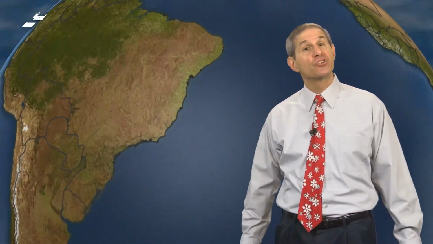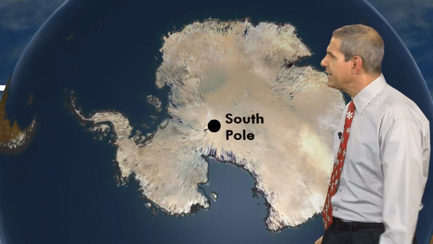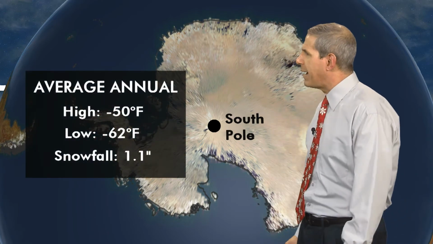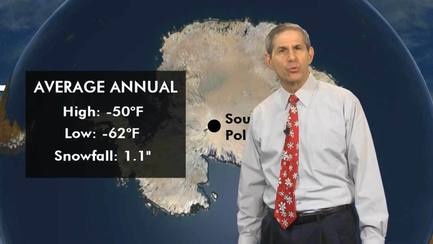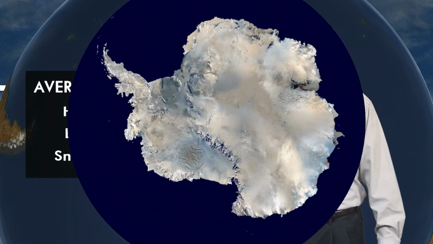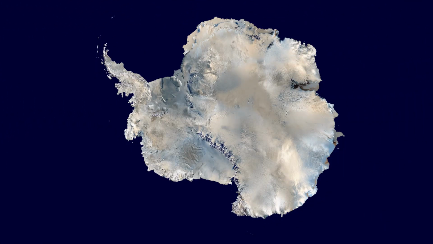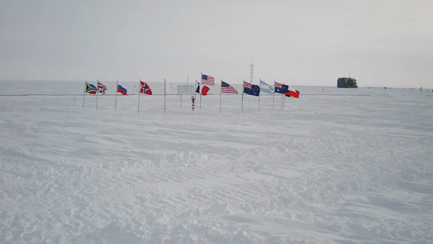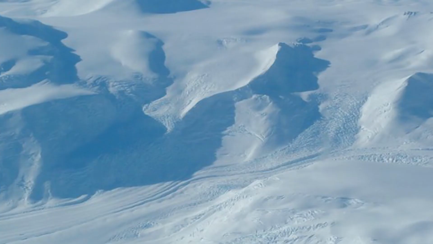And that's why some of the coldest places on Earth average the least precipitation. For example, at the South Pole, the average annual high and low temperatures are minus 50 and minus 62 respectively, and average annual snowfall is only about an inch. In fact, much of the interior of Antarctica is just a cold desert, but what little precipitation falls doesn't melt, and that's why the ice there averages about 7,000 feet thick,